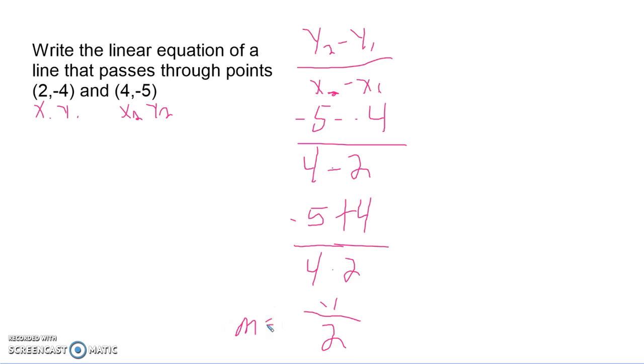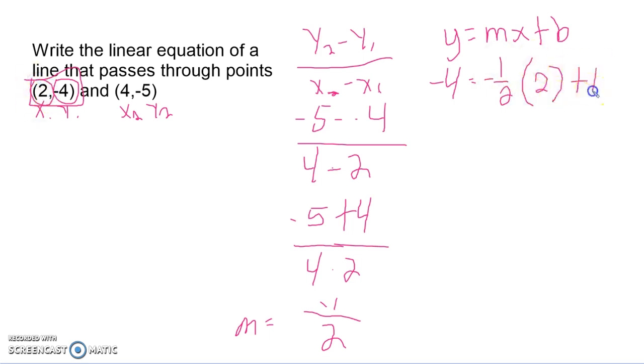Now again, we have this time where we have our slope and points, but we do not have our y-intercept. So we could choose either point and plug it in for x and y in our slope-intercept equation, and then we can solve for b, which is our y-intercept. So I'm going to choose these. So we have y equals mx plus b, and y in this is negative 4. So we have negative 4 is equal to m, our slope, which we figured out is negative 1/2, times x, which is 2,